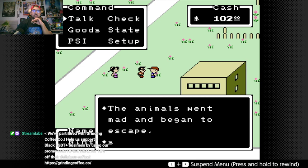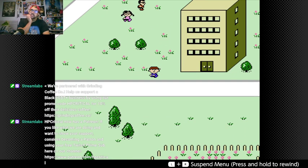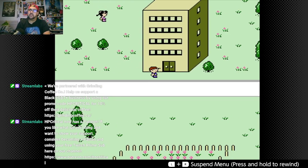The animals went mad and began to escape, so the zoo was locked. I really feel like this zoo that they're talking about has to be the same zoo that we saw in